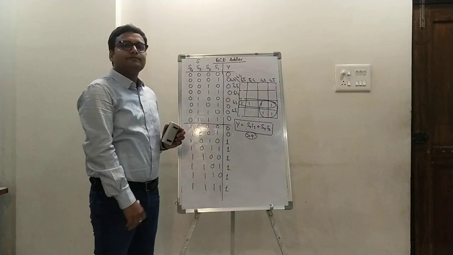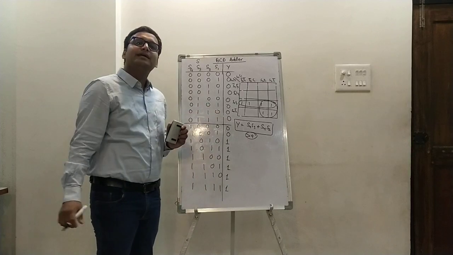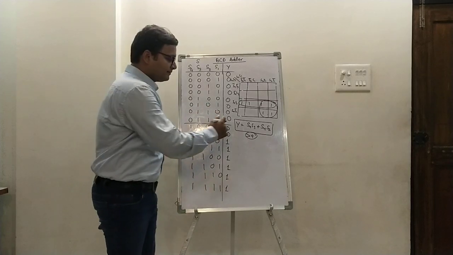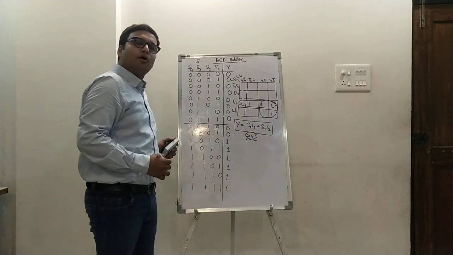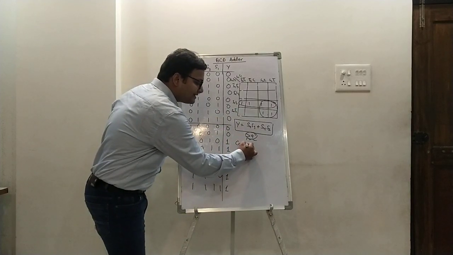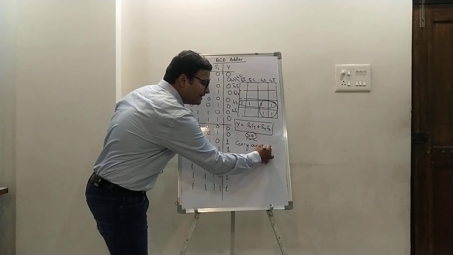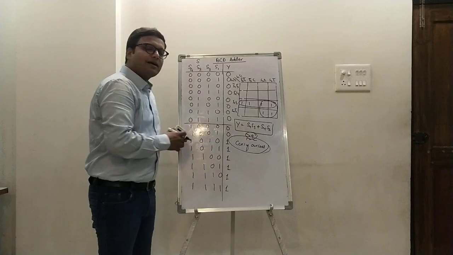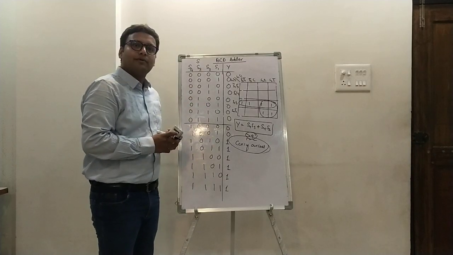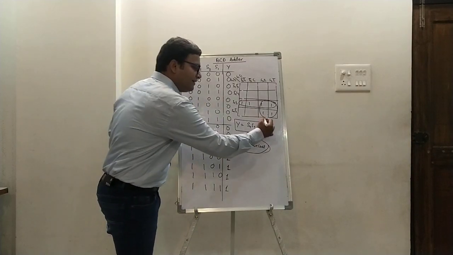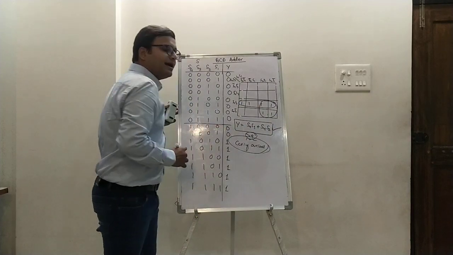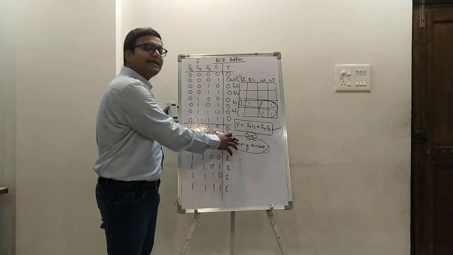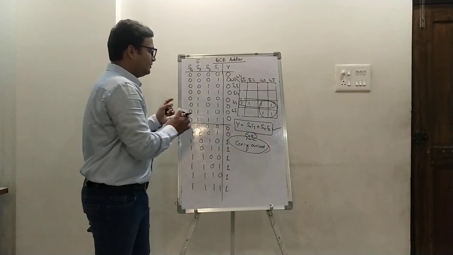Now, as we know, the rule for BCD addition has two cases: one is that my BCD sum exceeds 9, or any carry arises. I have not counted this one till now. So how do I design my combinational circuit? I am going to show you now. There are two things. One is if my BCD sum exceeds 9, I have to make a circuit with these combinations. And if a carry arises, I will show you now.